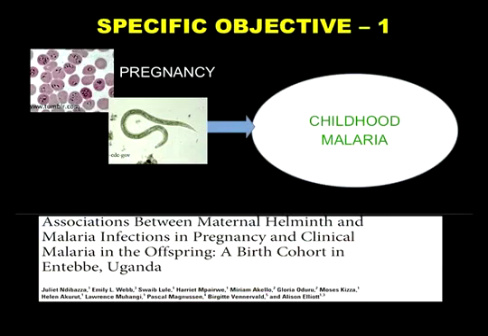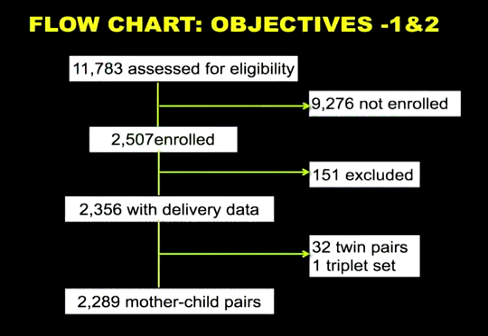The first specific objective was to look at the association between maternal helminth and malaria infections on childhood malaria. And the results of this analysis were published in that paper. So this shows the flow chart,